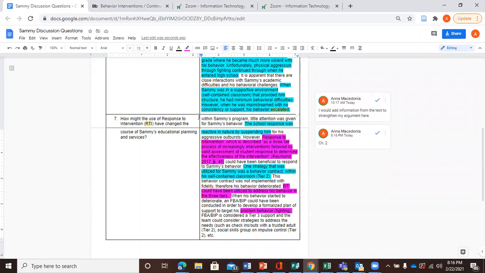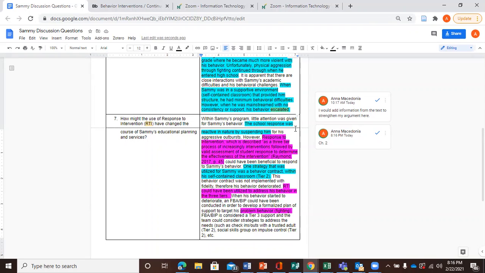So in terms of Sammy's program, we saw a lot in terms of how he was serviced academically. He was serviced in the general education classroom. He wasn't making much progress, so he was provided his services in a self-contained classroom. However, there really wasn't much in terms of any kind of behavior interventions, because really within that environment, his behavior